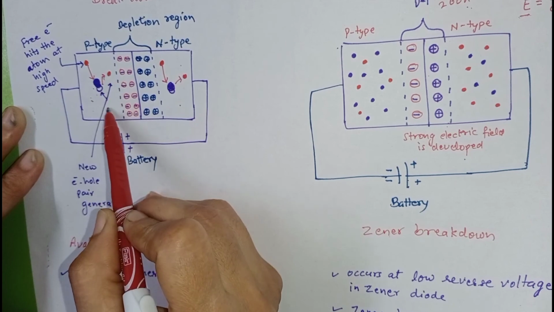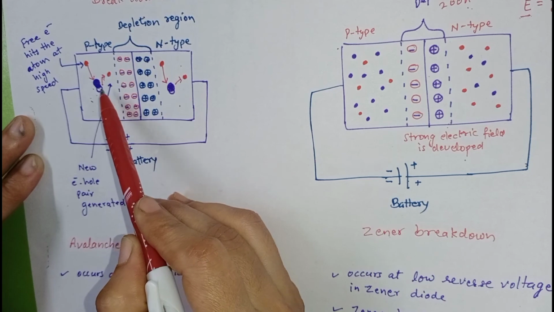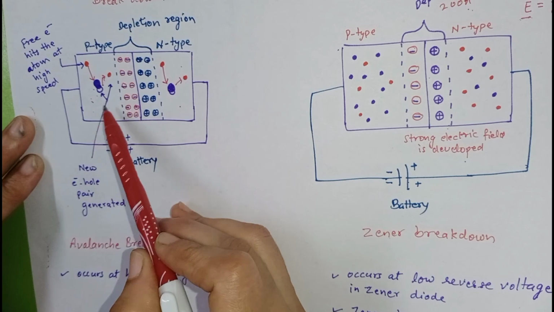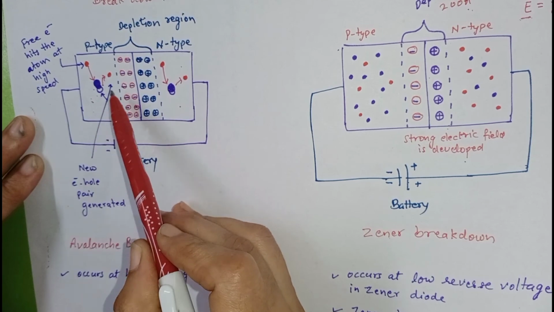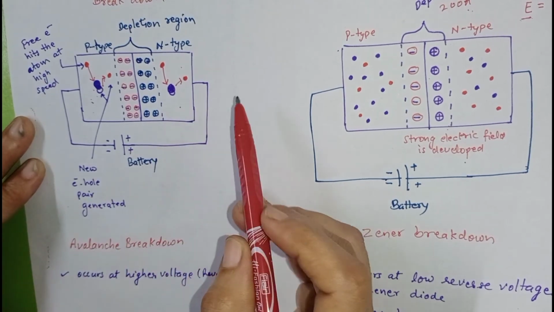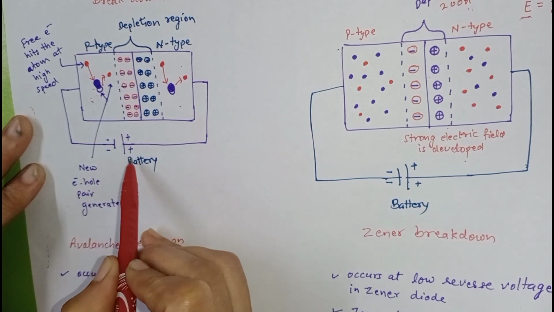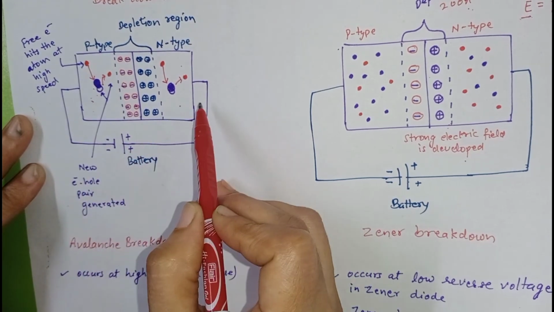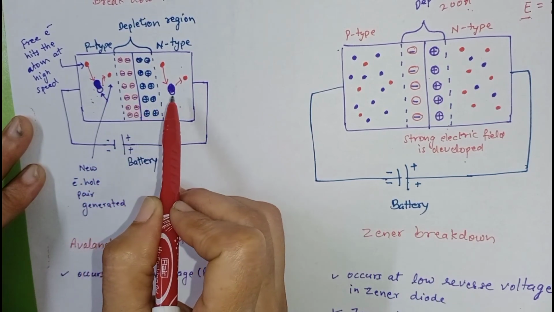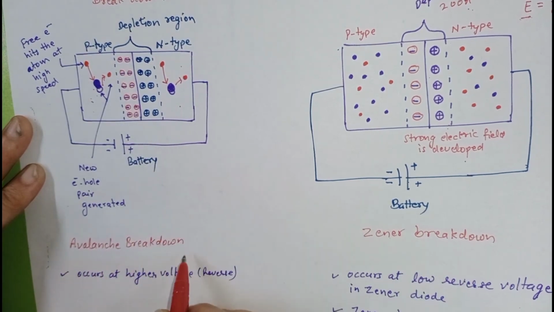So an electron hole pair is generated. Now this liberated electron hits another atom and generates one more hole and electron pair. Now the process is cumulative and keeps on going. So a very large number of electron and hole pairs are generated and a very high current flows through the diode. But in case of avalanche breakdown, when we remove this reverse biasing, these atoms or electrons will not regain their original position. So the diode is damaged in this case. So avalanche breakdown must not be reached.